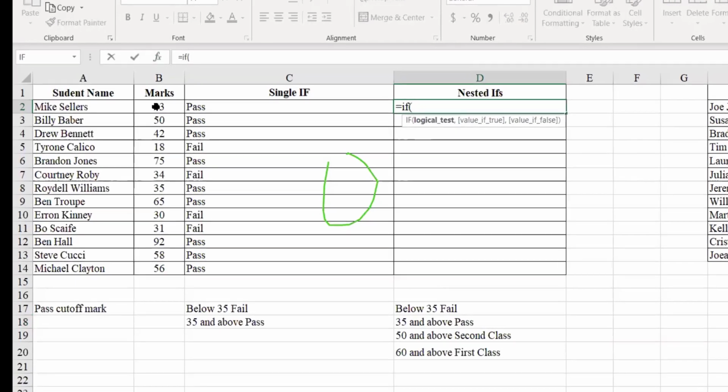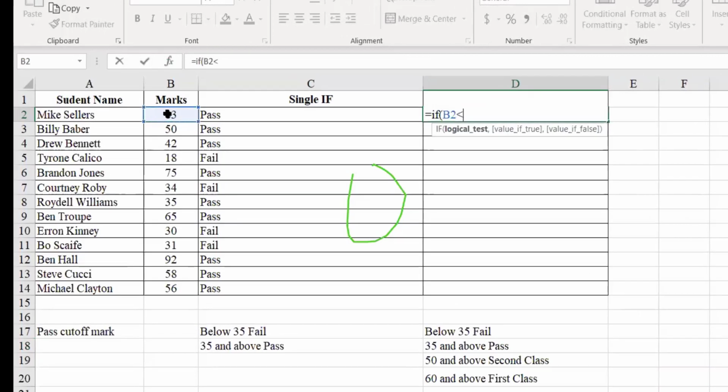In the previous example, what we said was, if it is less than 35, fail; otherwise, everyone is pass, 35 and above. There were only two statuses: one is fail and the other is pass. Here we have four different statuses: fail, pass, second class, and first class.